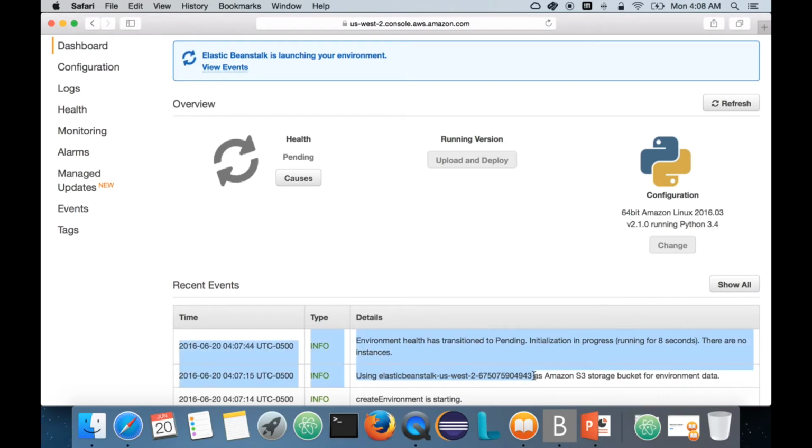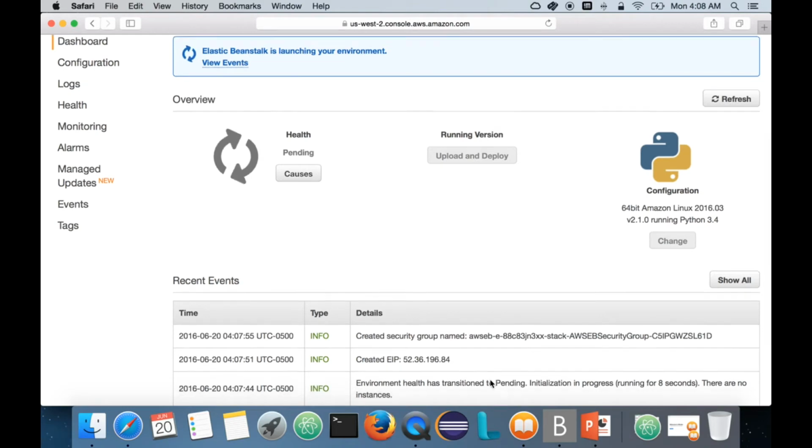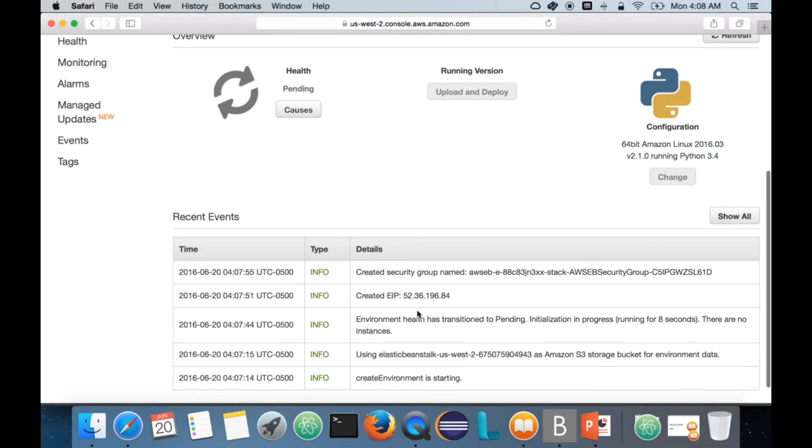Remember, the very first time when we created the application, it created the bucket. This is the bucket name. Today it is with the number, but it will be mapped with your app. If you go inside this S3 bucket, this is the Beanstalk, your region, and this is my account number. So if you go inside, you will see the application called payroll app, and then it is creating the